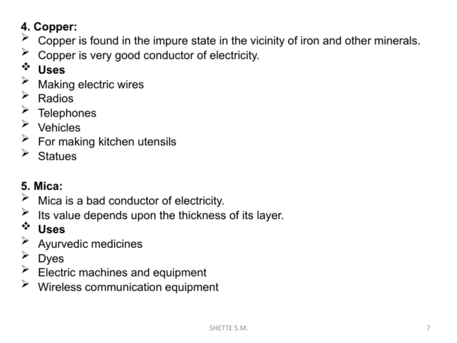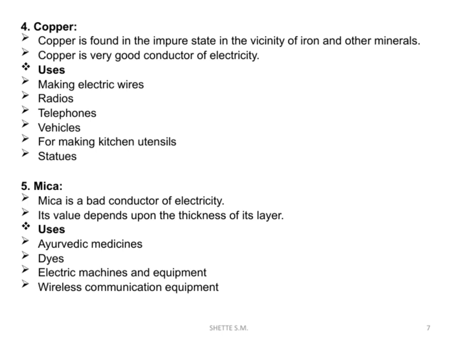It's used in Ayurvedic medicines, especially in the form of powders or flakes. Mica is also employed in dyes, electric machines, and equipment because of its insulating qualities. Moreover, it's vital in wireless communication equipment, where it helps in isolating and protecting sensitive components. So, understanding these materials, copper and mica, helps us appreciate how their unique properties influence their various uses in our